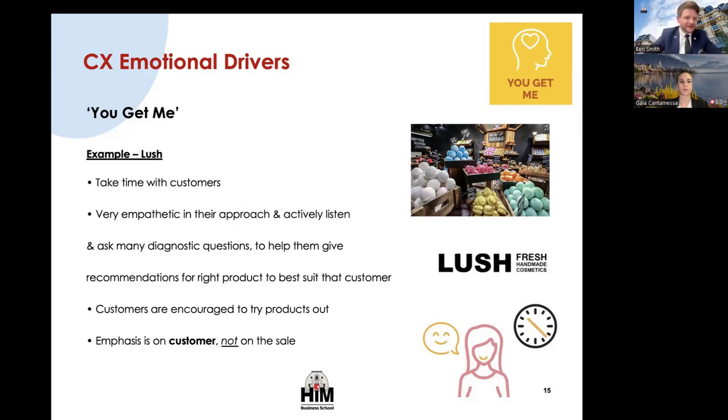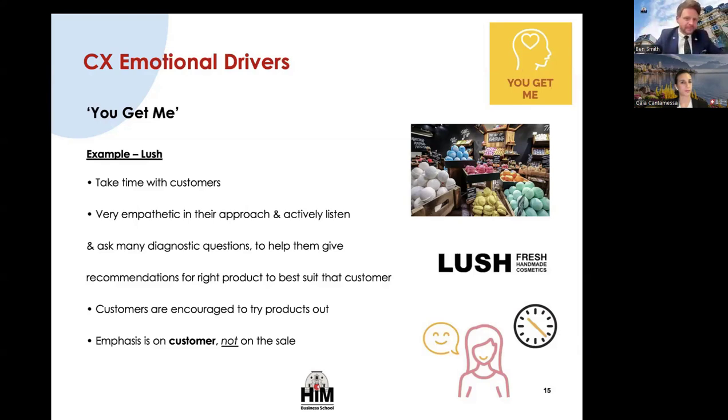You may have had this experience. I have it quite a lot when I go into a shopping mall and you walk into the perfume area and you are attacked by someone trying to sell you a perfume, and they spray all over you with flowers and vanilla. Maybe for me, I'm normally wearing leather and tobacco fragrance, and now I smell like a flower shop. The problem here is not that I smell like a flower shop, although it's a little bit annoying. The problem here is that I didn't ask for this product. They have put this product upon me because it is the latest product, a new product,